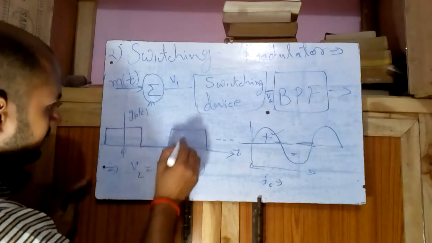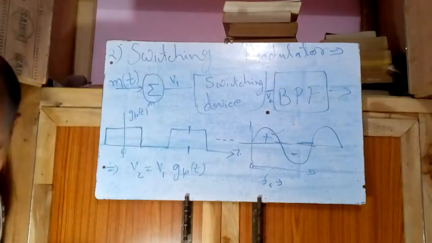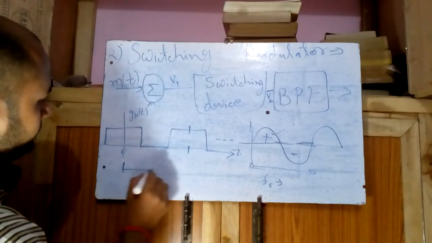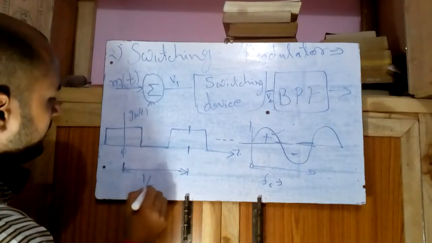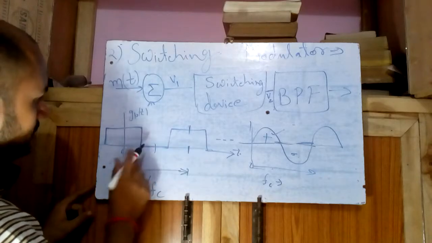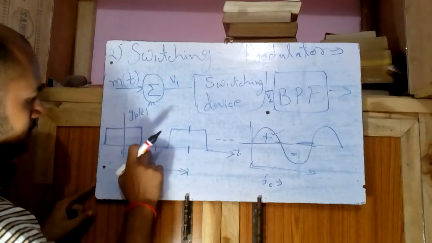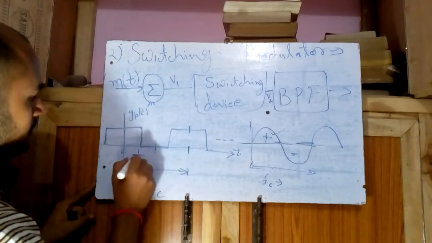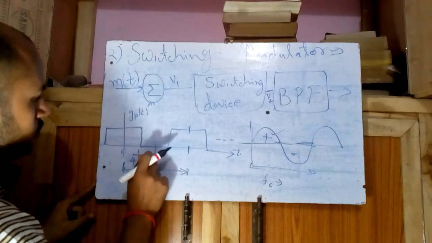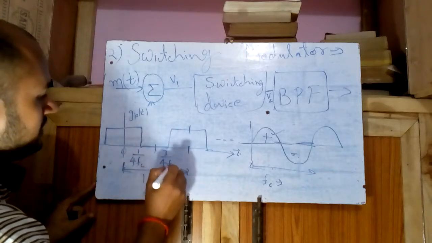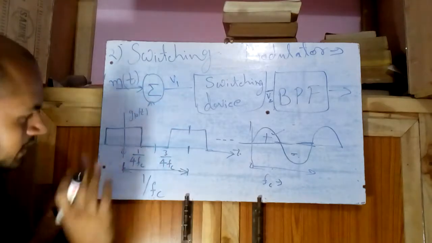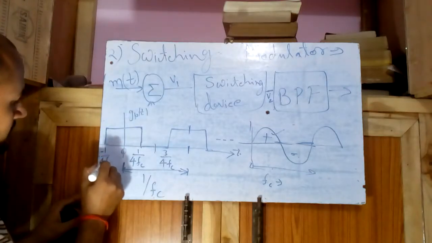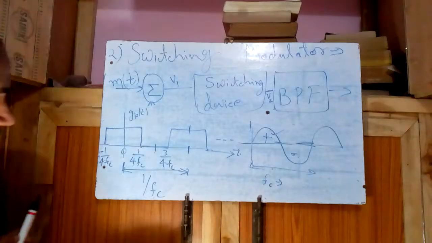Same frequency, same everything. The period is 1 by Fc. If it is 1 by Fc, then this is 1 by 4 Fc, then 2 by 4 Fc, 3 by 4 Fc, 4 by 4 Fc, which means 1 by Fc. If it is 1 by 4 Fc, then it will be minus 1 by 4 Fc, same here. So now